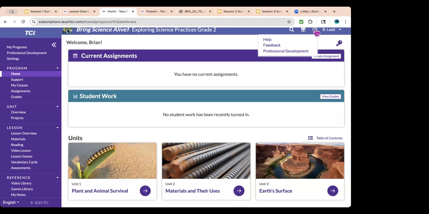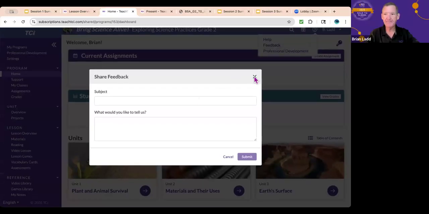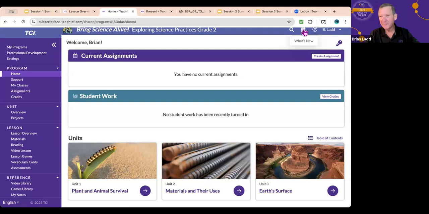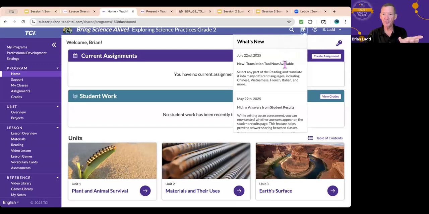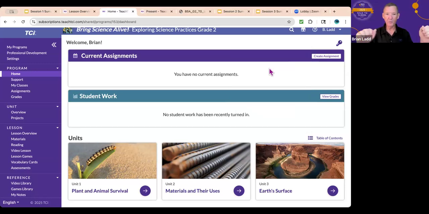And then if you're referencing a lesson or unit, please include that information as well. And then just a couple of the present, if there's something new, click on that and there'll be a red dot that will tell you about, hey, the new translation tool is now available. For you, it should be red. For me, I opened it up a couple days ago. So we're notifying you. That way you're not just like, ooh, this is brand new. I'm surprised. Any other questions before I go back to the